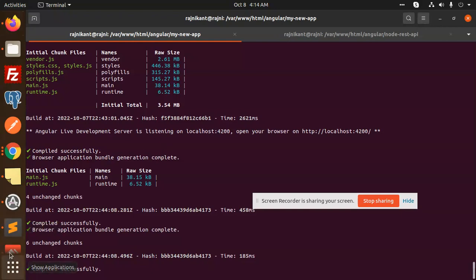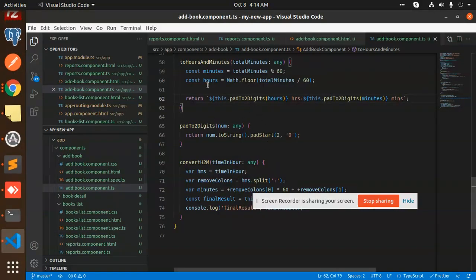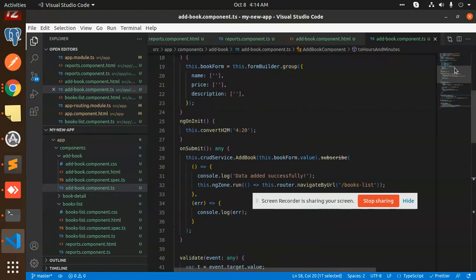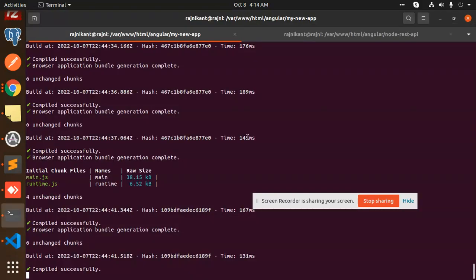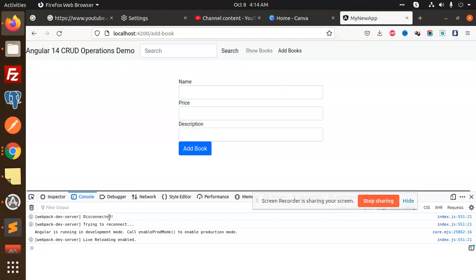Now I'm going to use another method that is minutes to hours, so I'm going to use this one, minute to hours. Here I'm going to send this one. Okay, so I'm going to send the minutes. Okay, I'm going to send 90 minutes, right? And what the answer is,